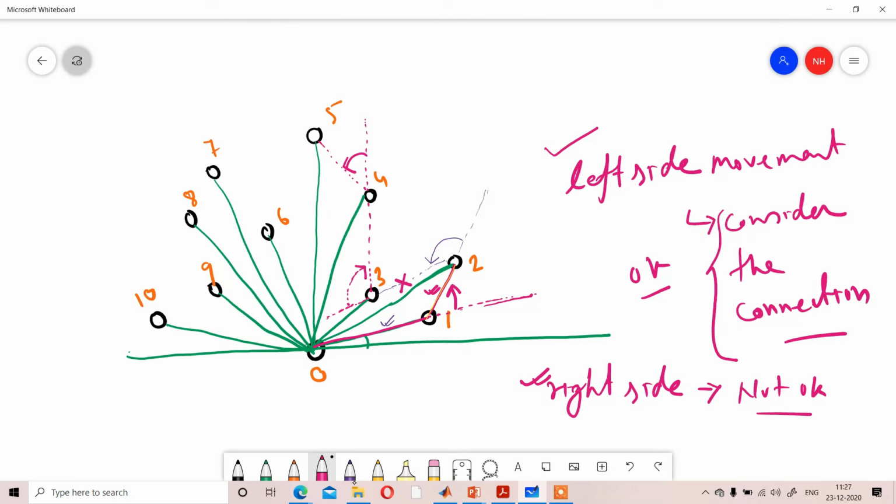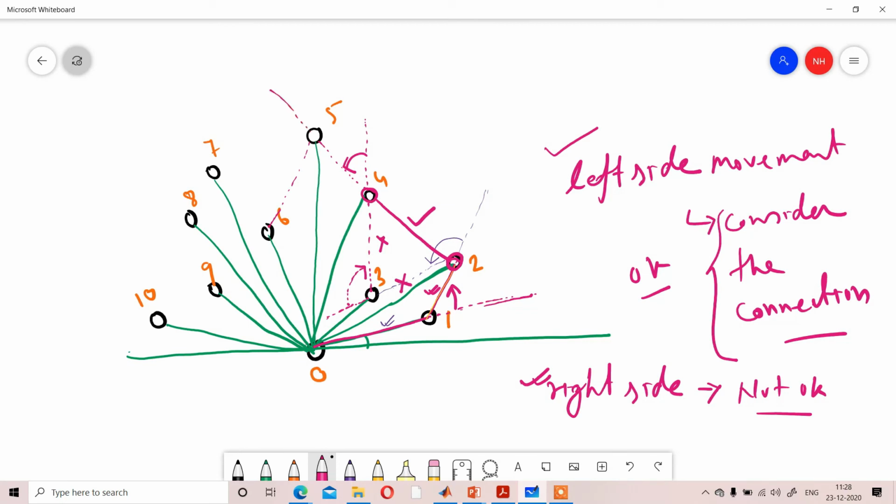Which one will be your previous connection? That is not your previous connection, because that connection provides the previous connection not okay. So previous connection will be the last okay line, means the last line we have considered. So 1 to 2, that line we have considered. So that will be your previous connection. So the pixels you have to consider are these pixels. And as the movement is to the left side, so that starting pixel and the last pixel connection will be okay.